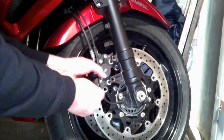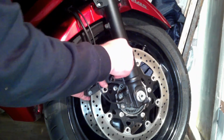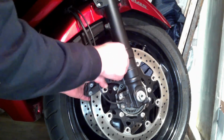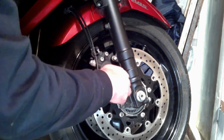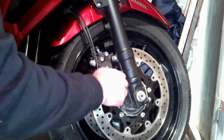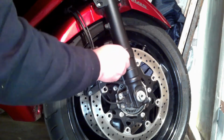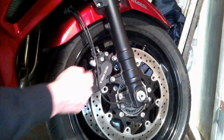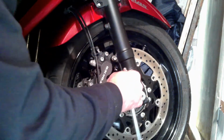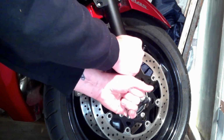Now, it's just nice and simple. With the top bolt, run it back as far as you can, just finger tight. And the same with the bottom one. Run it in as far as you can. That way you know that you're not cross threading it. So now we've pinched that up, we've pinched that one up, and I've also pinched the centre one up, what goes through. So now all there's to do is pinch this one up and that one. Okay, now